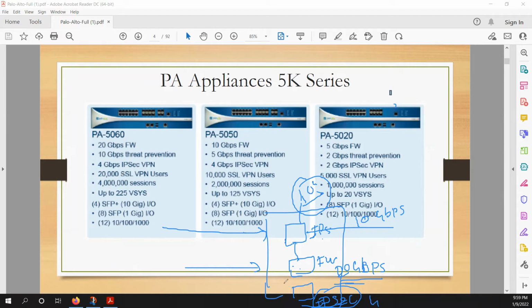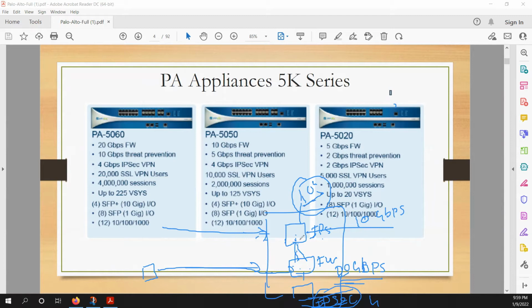So it is not necessary that each packet should be checked by the IPS. The packet which matches the VPN condition would go with the IPsec, and then go via the firewall, and then via the IPS. But if we talk about the firewall, the packet is going to the firewall, and in the firewall policy IPS is enabled. So the packet is evaluated in parallel in the IPS as well. If IPS would deny any traffic, IPS has a capability of 10 Gbps.